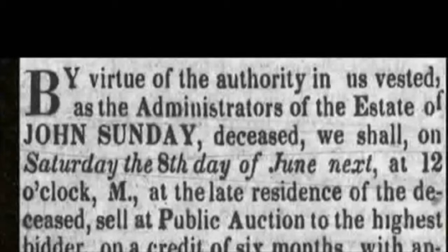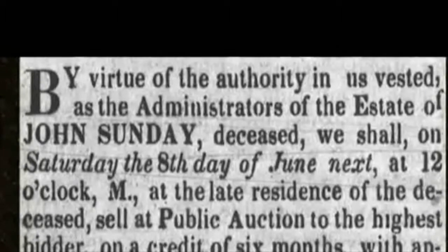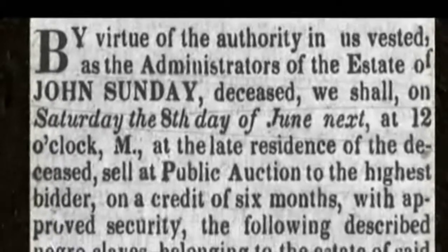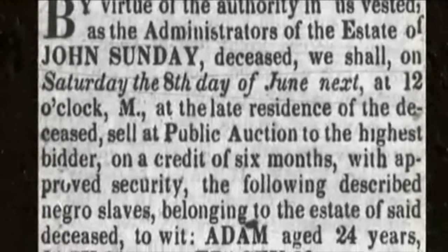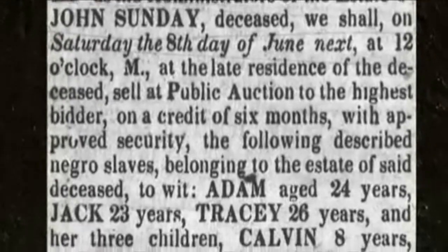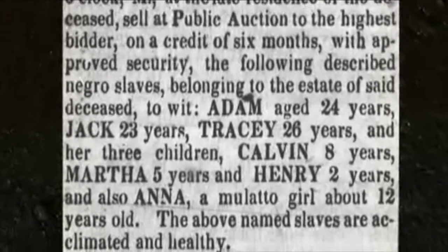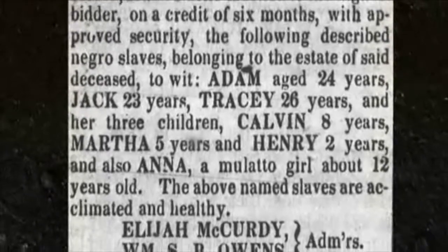By virtue of the authority in us vested as the administrators of the estate of John Sunday, deceased, we shall, on Saturday the 8th day of June next, at 12 o'clock midday, at the late residence of the deceased, sell at public auction to the highest bidder, on a credit of 6 months with approved security, the following described Negro